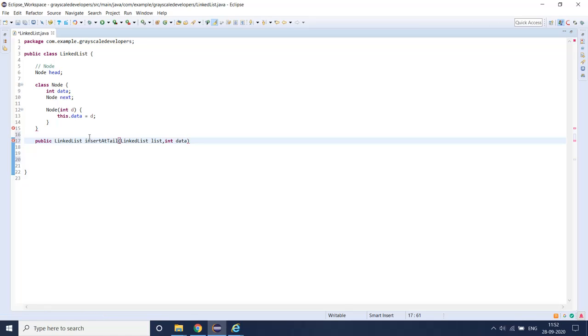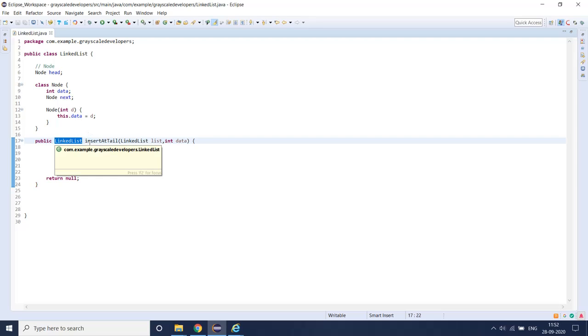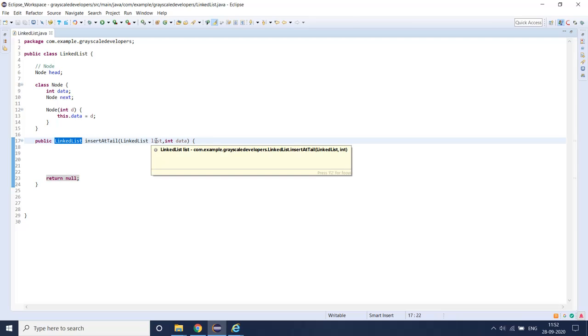Simply I created one method, so I didn't insert any logic. It returns a linked list and takes the parameters list and data.